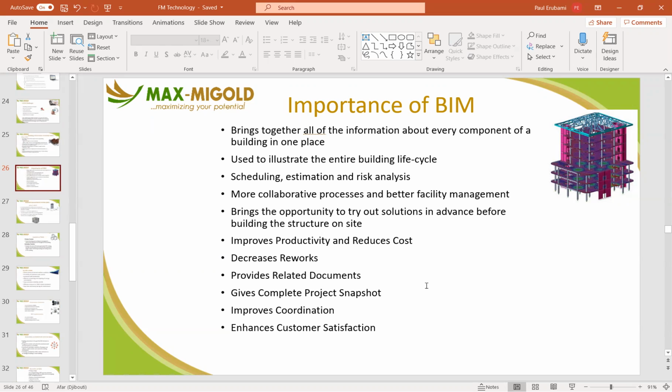Scheduling, estimation, and risk analysis, of course. During construction, it helps to reduce scheduling issues. It also reduces friction between various functional groups during construction. They collaborate better. And when you get to FM, I will not be forcing a template into their hands to put information for me. There's a standard template